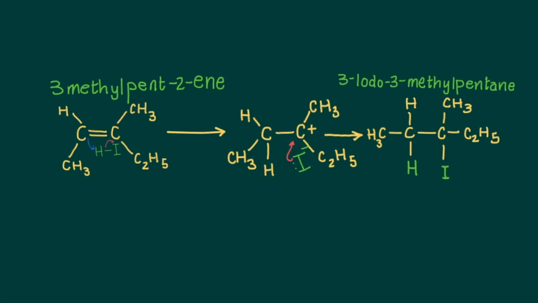In keeping with Markovnikov's rule, the hydrogen goes to the carbon that contains more hydrogens, and the very stable carbocation, owing to these alkyl groups, is then attacked by the negatively charged iodide ion, leading to this addition reaction, an